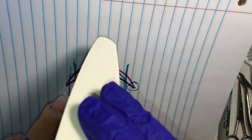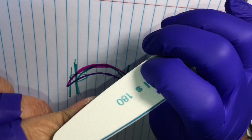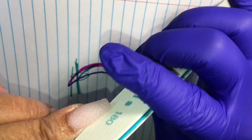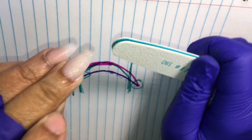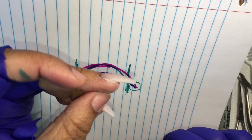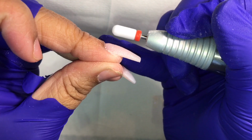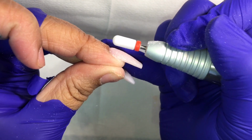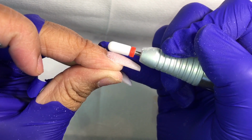And then I pull actually parallel with the sidewalls, and then I file the actual free edge tip of the nail, and I just hold the file horizontally and file that way. So now I have all the free edge filed, and now I'm going in with the e-file. So first I'm going to take off that little piece right there that I showed you, that I was pointing to you with those scissors and paused earlier, taking that out because we want it to